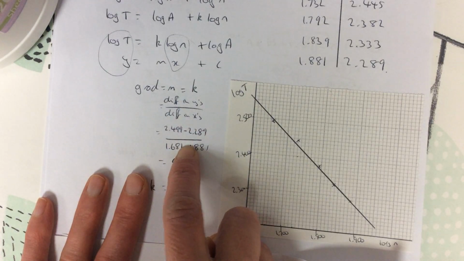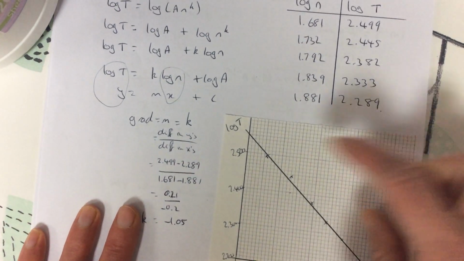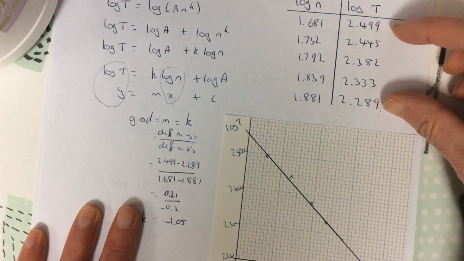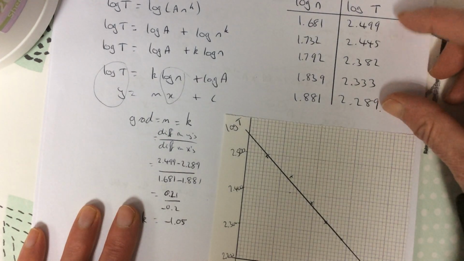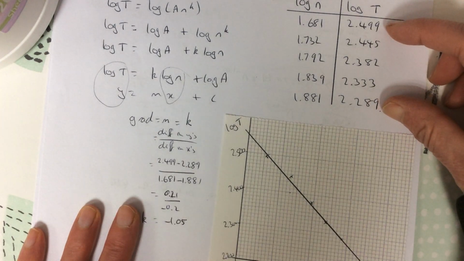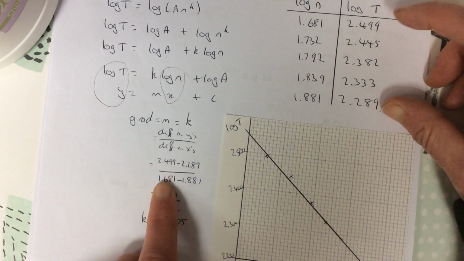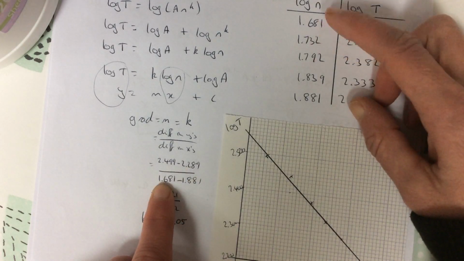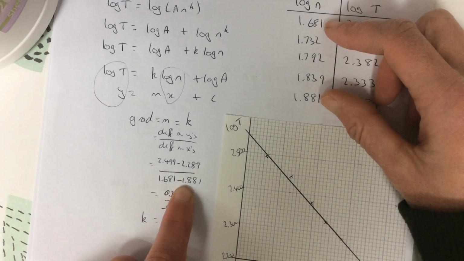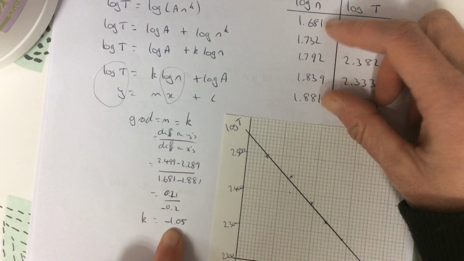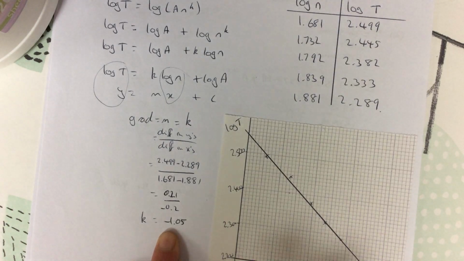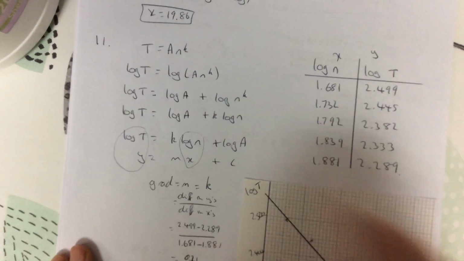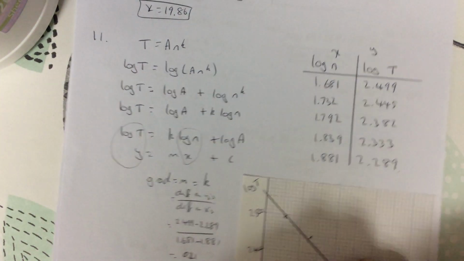Pick 2 points. Now, I wouldn't take them from the graph. I would always take my points from the table here, because it's a wee bit more accurate. So the difference in the y's, 2.499 minus this one, over the difference in the x's, this minus this, gives you minus 1.05. Now we're going to take that and put it into the very first equation. So if I just turn over the page,